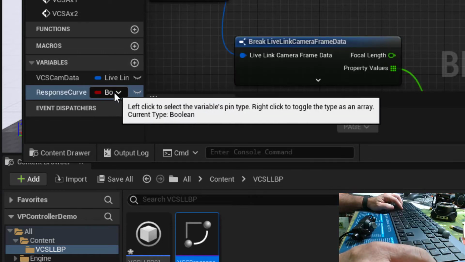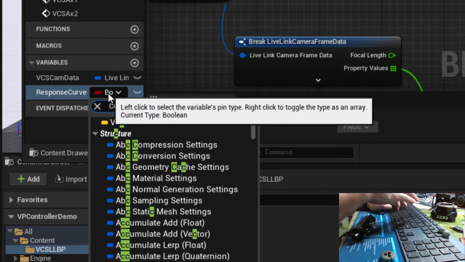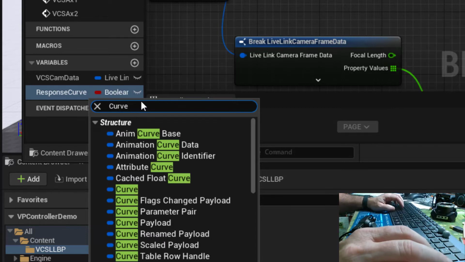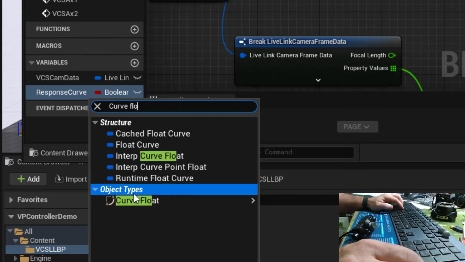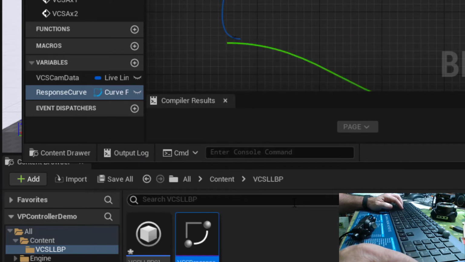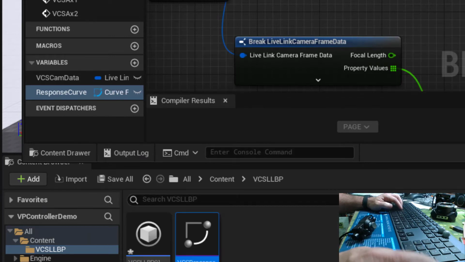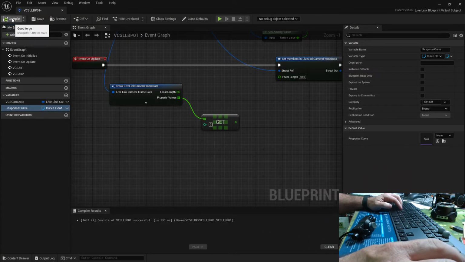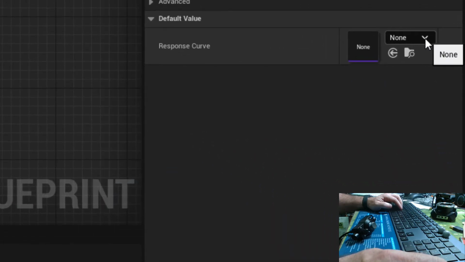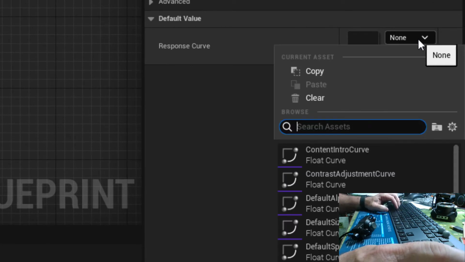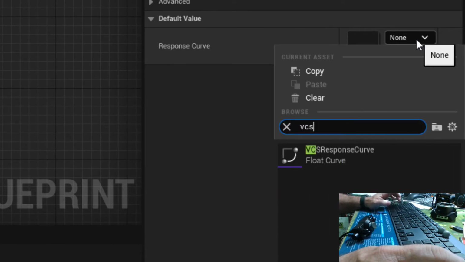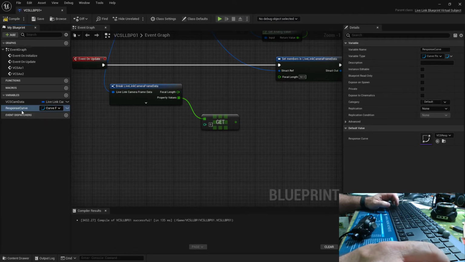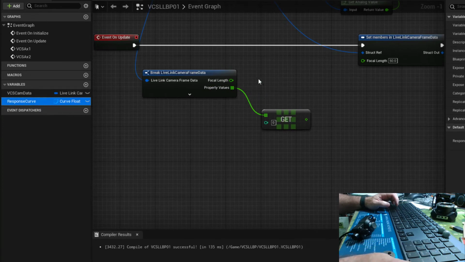Enter, and I'll click on the variable type, and we want to call this curve float. There it is, curve float object type, and we'll want an object reference. Let me just maximize this for a second. We can't set a default yet, so we'll compile. And now we can set a default. I think I named that VCS response. So if I type in VCS, there it is. And so now we've got the curve selected and assigned in our variable, and I can drag it out, get